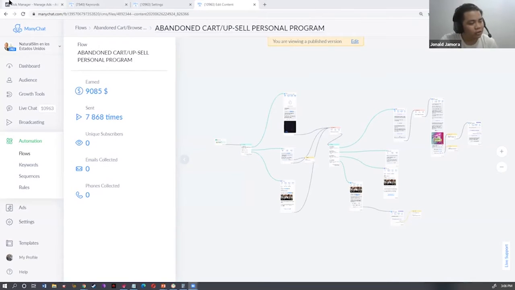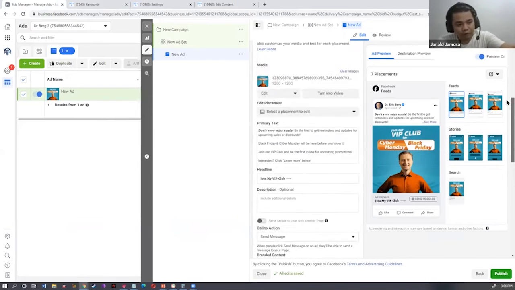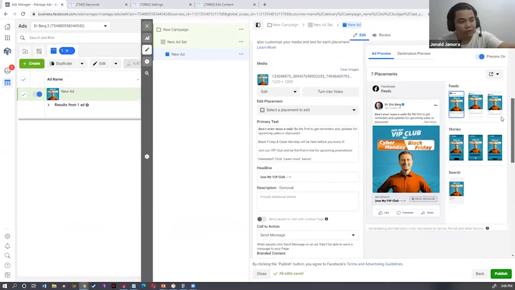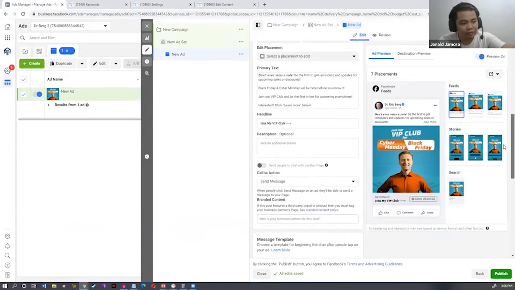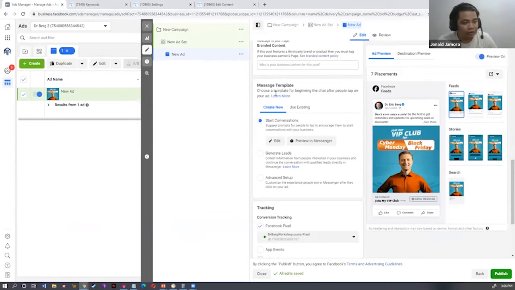Her last question was regarding how to set up the Black Friday flow. So let's say, for example, you have imported the ad into your account. You have set up the ad copy, headline, and call to action button. You updated your image. Under the message template, you're actually going to have to select the message objective for this.